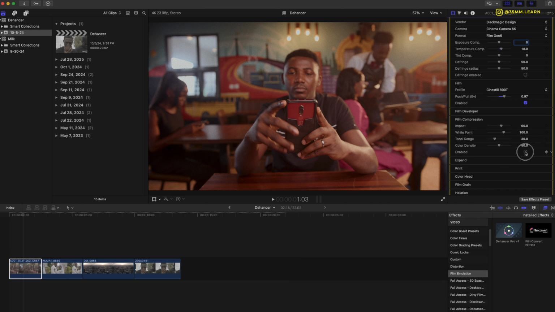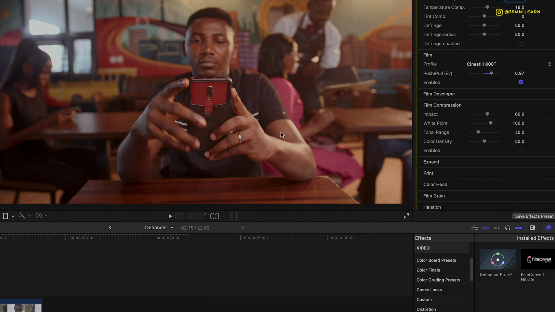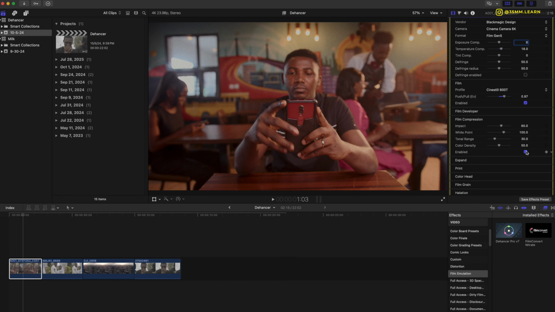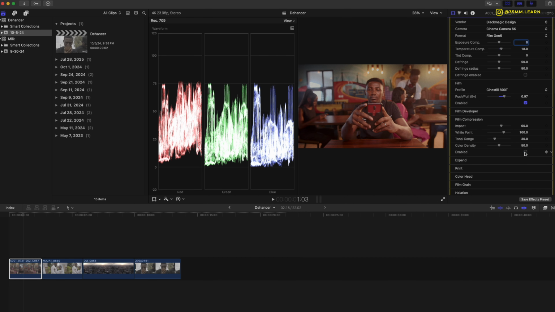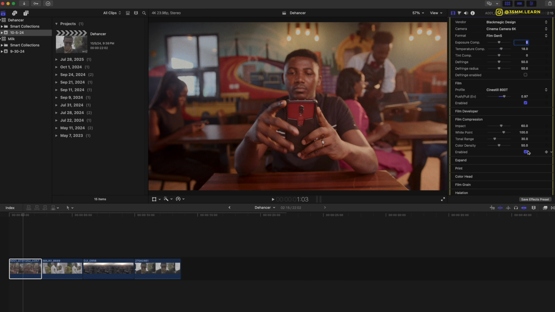Now what film compression does for you is it helps to clip your highlight. If you look at the areas of his arm right here, where you have the highlight, the brightest part of the image, when I click enable, you can see that it shrinks the highlight values. Again, if you were using scopes or a waveform at this point, you can see that. Let me just bring that up real quick. See before film compression, after film compression, before film compression, after film compression. You see that it just helps you to clip the highlight a little bit so that the roll off is a lot nicer